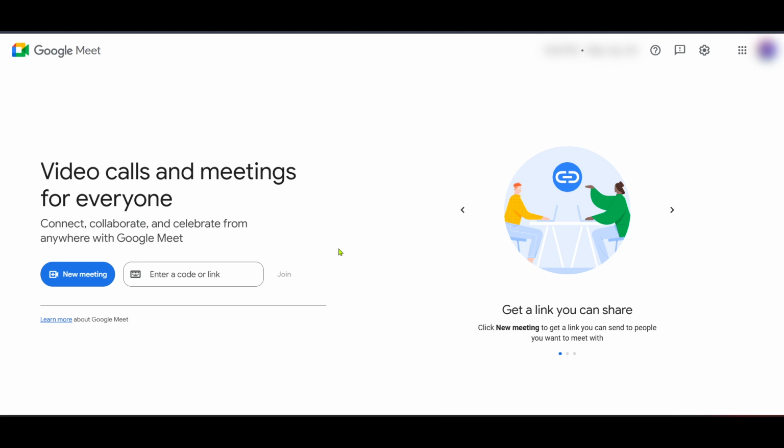First, you want to head over to Google Meet. It's as simple as opening your web browser and typing in meet.google.com. This will take you directly to Google Meet's landing page. If you haven't already, make sure to sign in using your Google account credentials, which gives you access to all